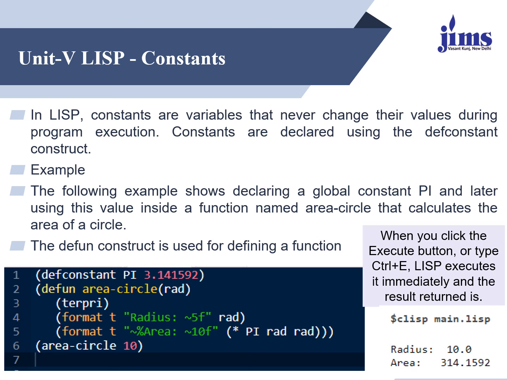Here we see another example, and this will show how to declare a constant. We talked about variables, now we talk about constants. Constants are those values which are never going to change during execution of a program, and a constant we declare using the defconstant construct. So here is an example. Here what we have done, we have constructed a constant variable pi with value 3.141592, and we have closed this opening bracket over here. We are over with the definition of a constant.